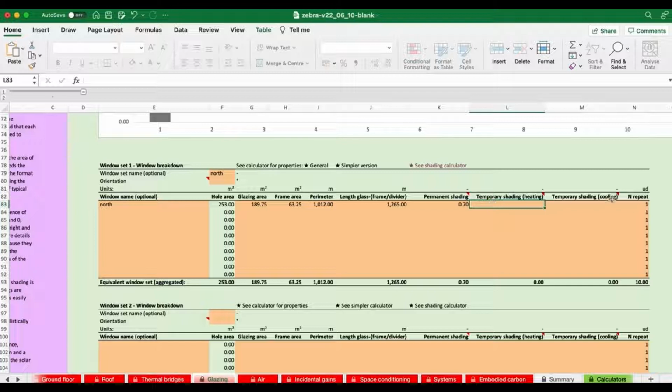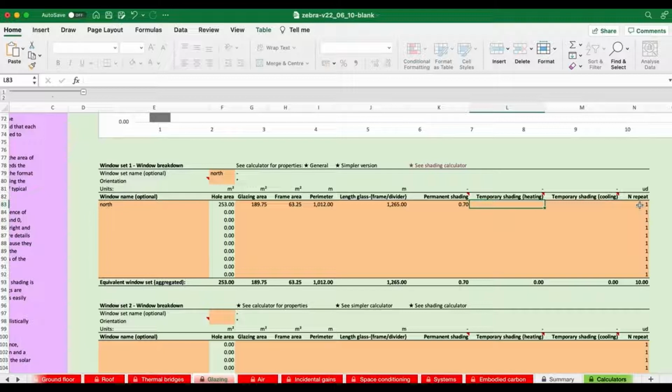The final item here is nRepeat, and that's explained in detail in the glazing document that I discussed earlier. But it simply says how many windows of this type we have. So you can very quickly specify ribbon glazing solutions, and you can just have 20 of these windows.